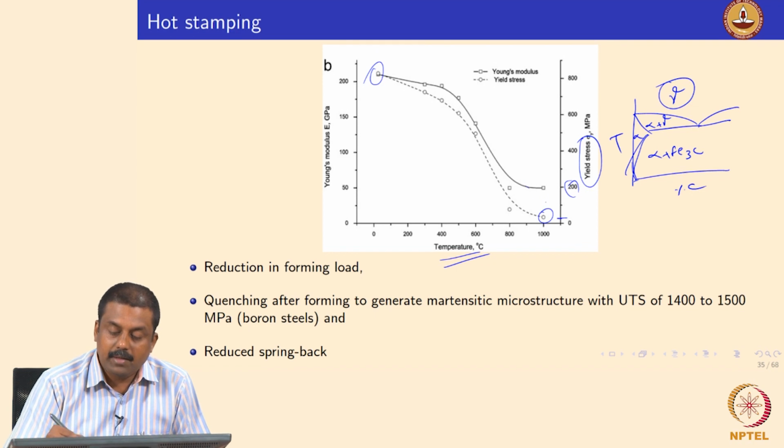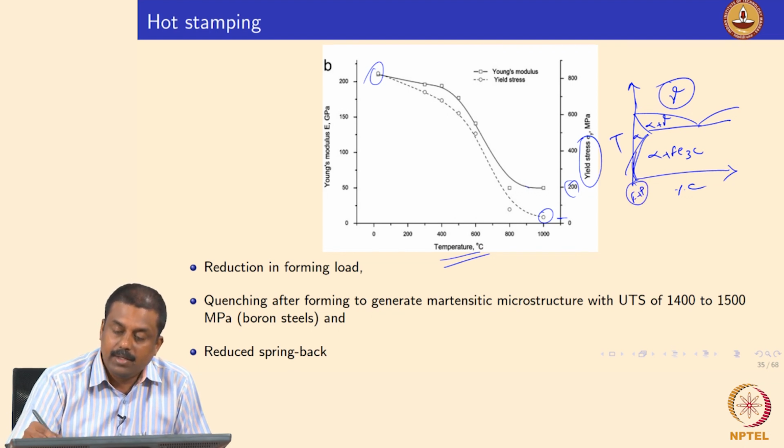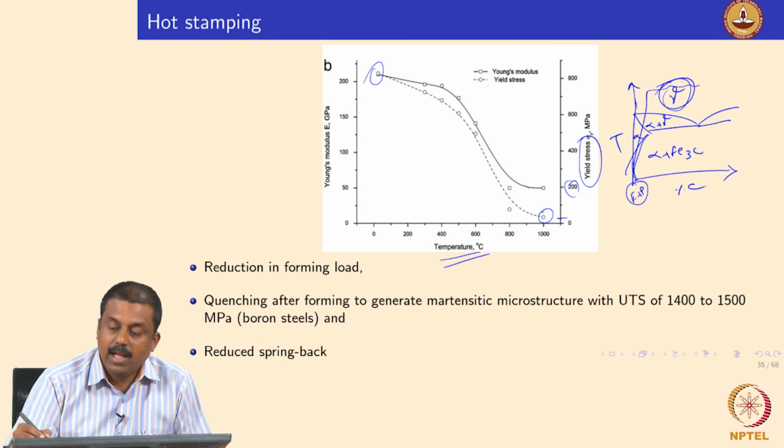So we can take advantage of the softening of material at elevated temperature, and by combining the phase transformation upon deformation, we can significantly increase the strength after deformation. What do we do in this structure? You can start with a very simple ferritic bainitic microstructure, take it to an austenitic region, and deform it to whatever shape you want. Then you cool it to room temperature, and during this cooling you convert the entire austenite microstructure into a martensitic microstructure.